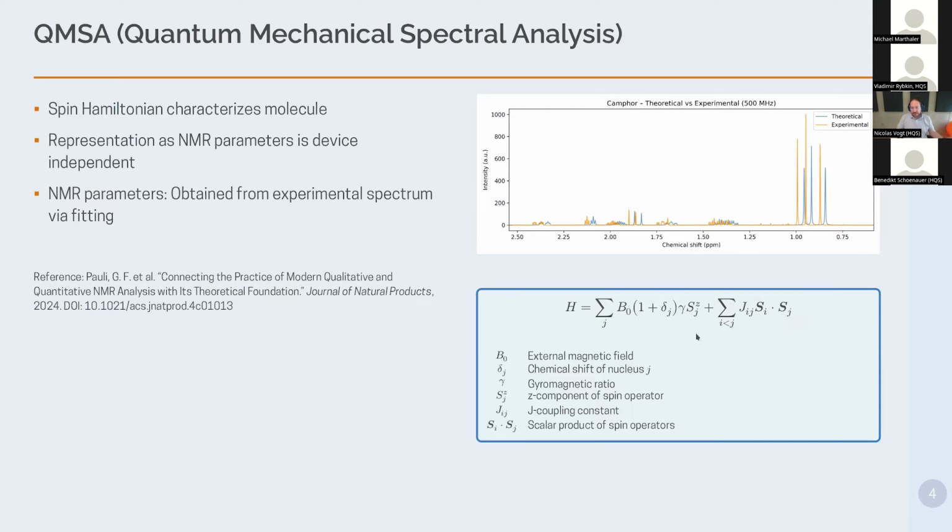You have a first guess for these parameters, for the shifts and the J couplings, and then you can plot or calculate the corresponding spectrum, and you then can compare it to an experimental spectrum that you have recorded. And then what you do is you just implement a fitting procedure that fits these parameters in a theoretical model to the experimental result until they match, or mostly match. And through this fitting procedure, you get the parameters, you get the parameterized digital reference for NMR for